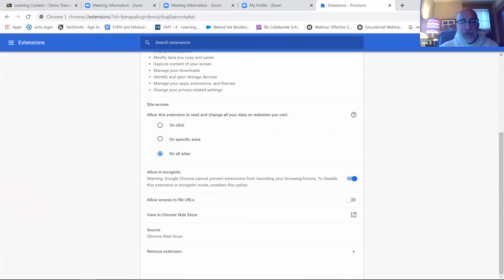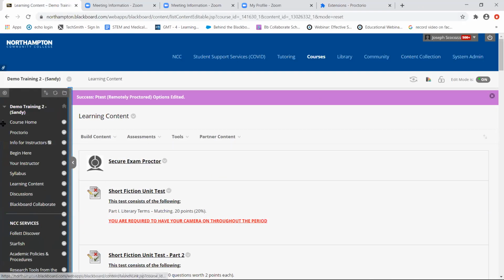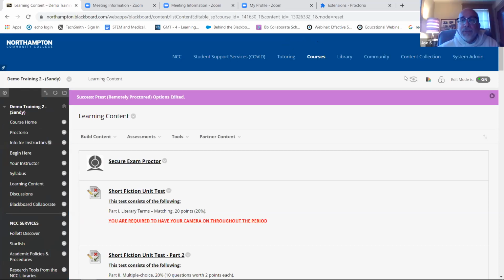The one thing that people have all said regarding this tool, I wish we could take it as a student and see what it's all about, but lo and behold, you can't. In all the other things that I do with Blackboard and Sandy and Elaine, we sometimes go into this student preview mode and, hey, let's look at it from a student perspective. Yeah, it's a really great tool. Not with Proctorio. You can't fool them. They know you're not a student.